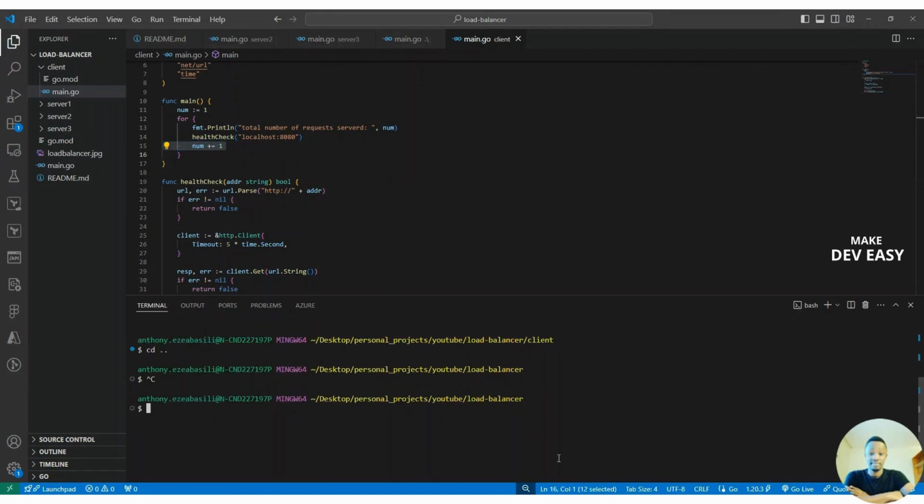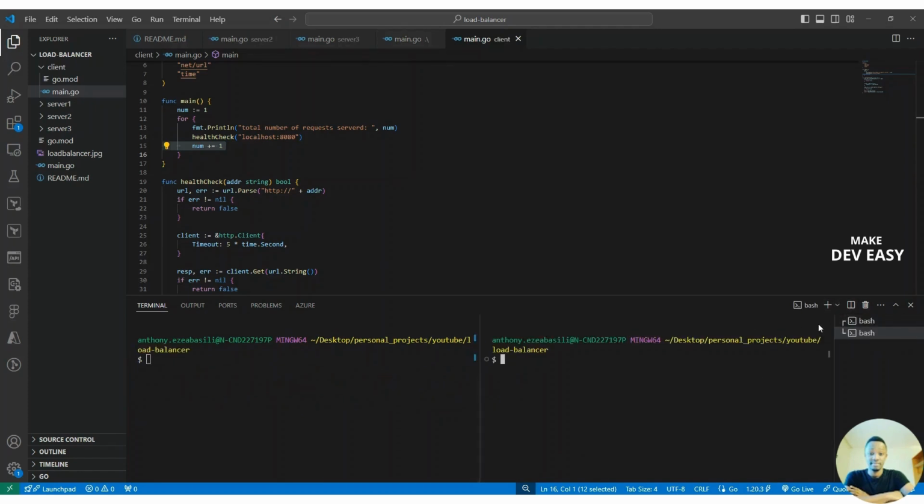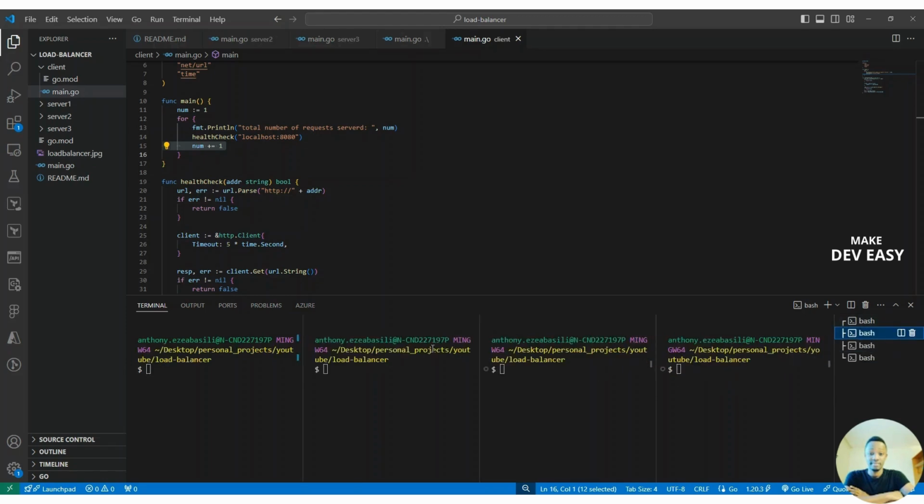And so now I can, of course, claim my tab. I can split my screen this way and maybe even split it further, and maybe, of course, split it even further. Yeah, I can. So now let's go into server one